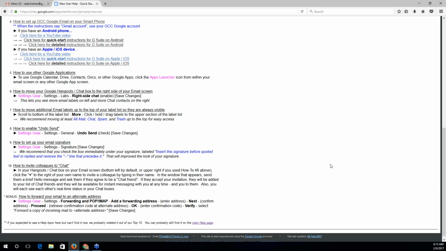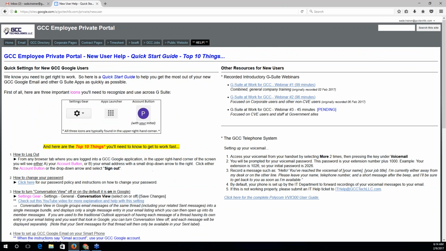The other thing I'd mention on this page, up close to the top again on the right side: after we take the webinar links off the main page, they become old news after a month or so. They'll always be here for our new users. Whenever new folks get hired, they'll always be able to come in here and click on those webinars forever and ever. So this is probably the one stop for new folks, either to the company or to just using Google. Even if you've been around the company, this would be your first stop.